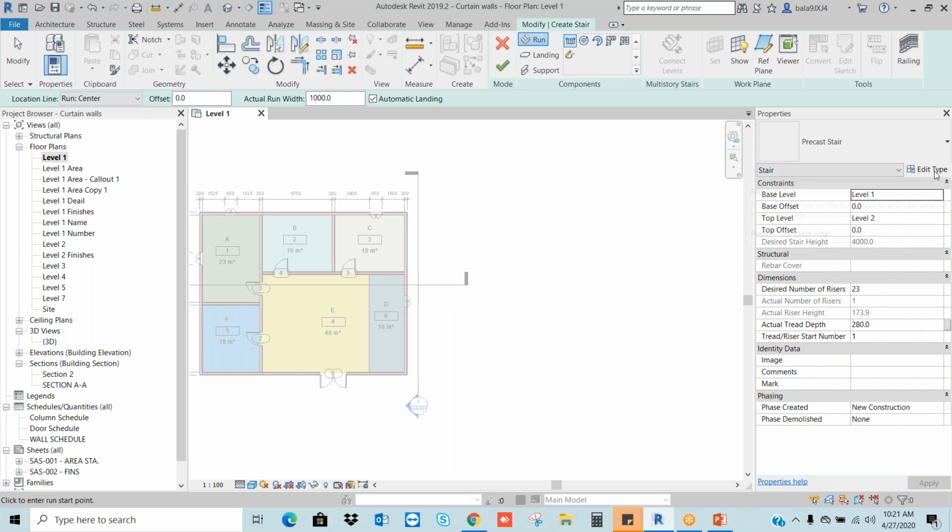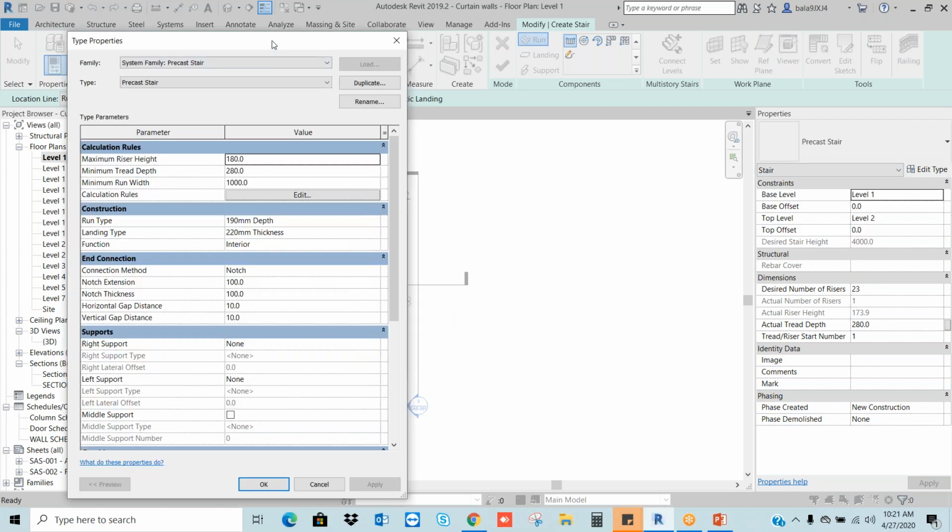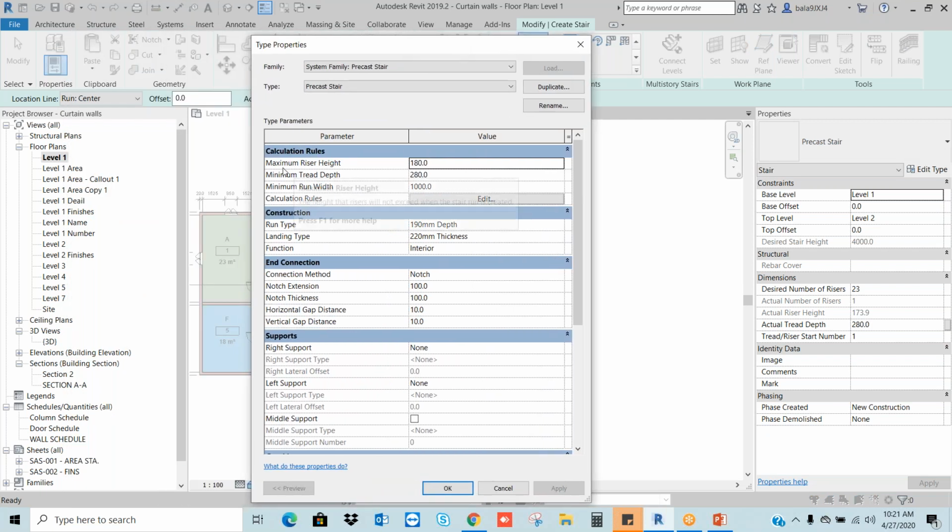And I will go to the edit type. If I go to the edit type, you can see this maximum riser height, maximum tread depth, and the minimum run width. Run width is width of the staircase. Let's say I'm going to use the 1.2 meter. Okay, I'm not going to change anything.